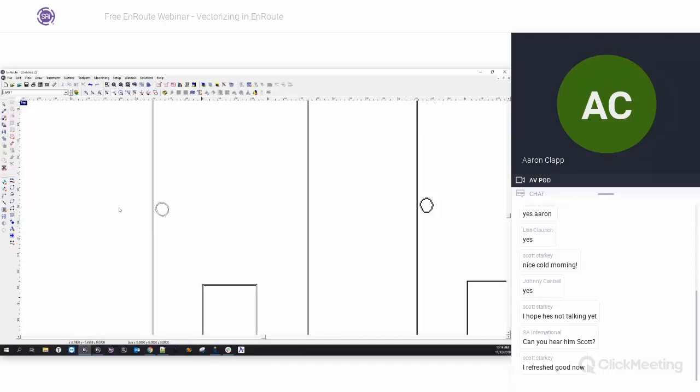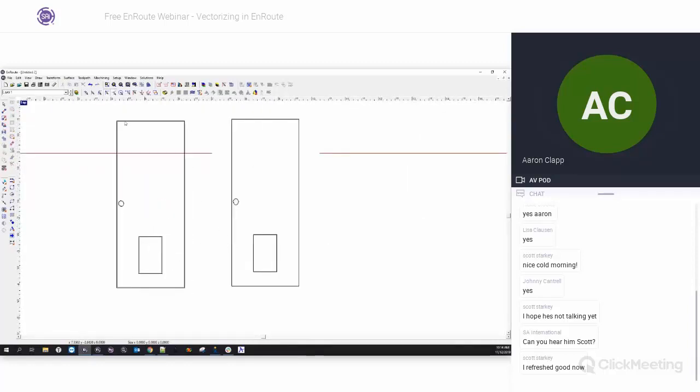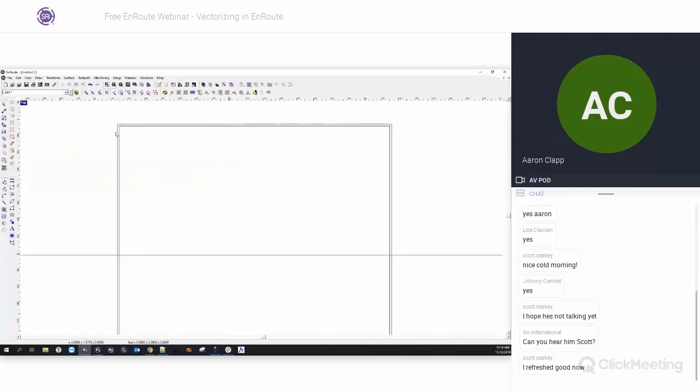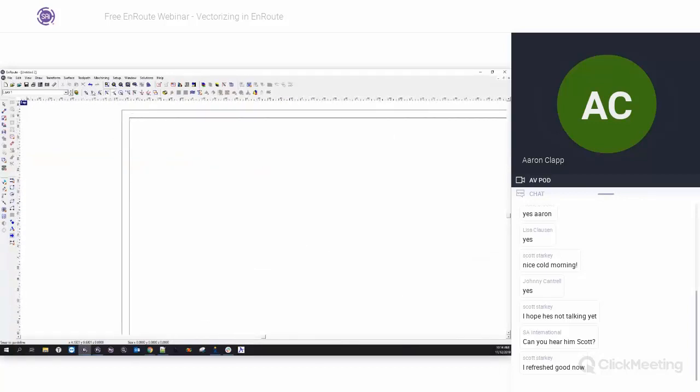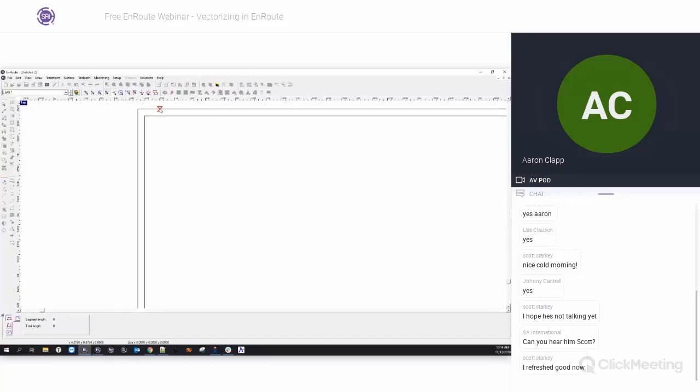We'll leave it there, but remember now, we wanted this to be a straight line because this is going to be a door. So what I'm going to do is use my vectorizing tool in conjunction with some of our other tools, and we can actually get that center line. So for example, I'm going to take the distance. I'm going to measure this distance between these 2 points, just like that. And my segment length is 0.0139. So if I take that and I divide it by 2 so that I can get the center line, I come up with